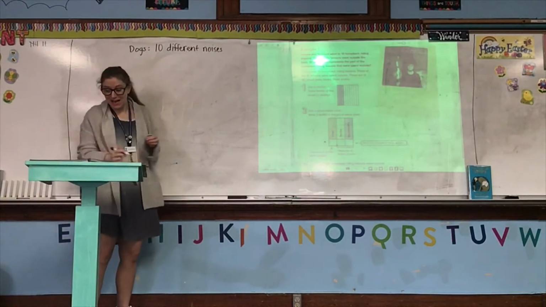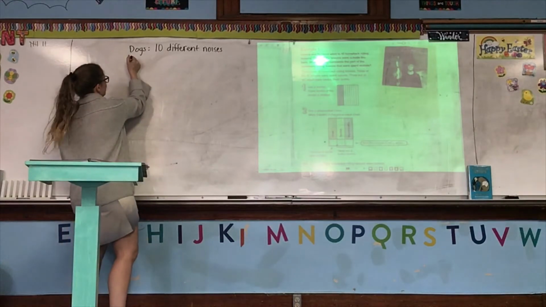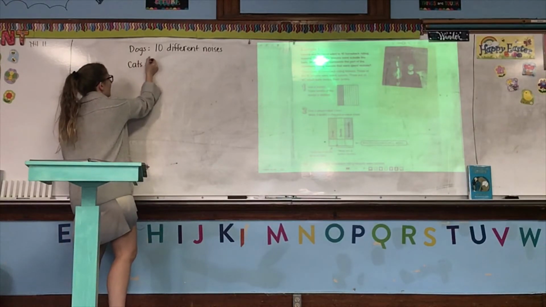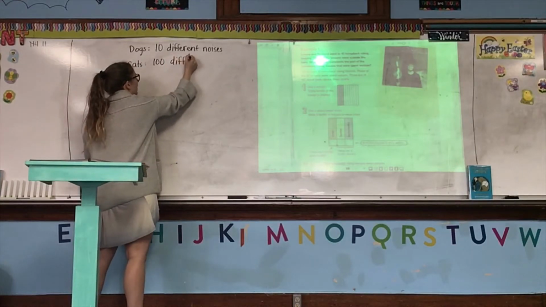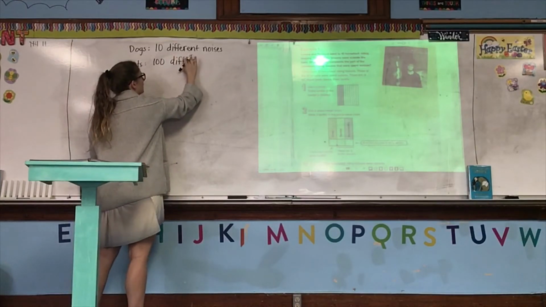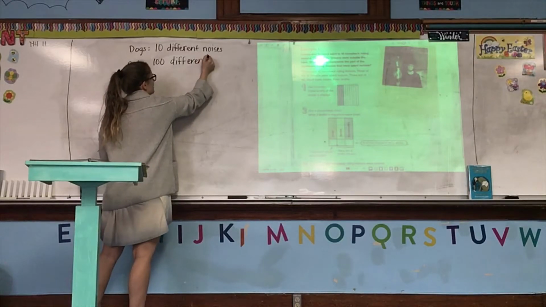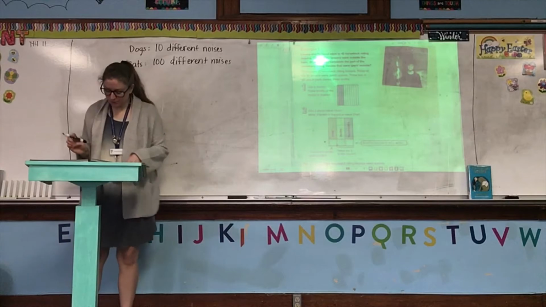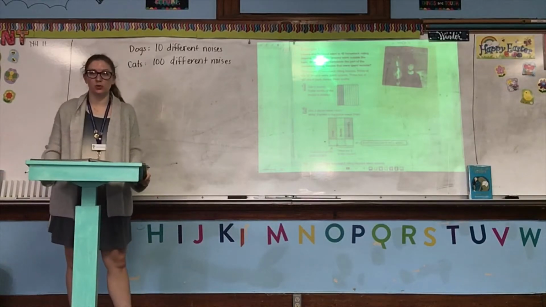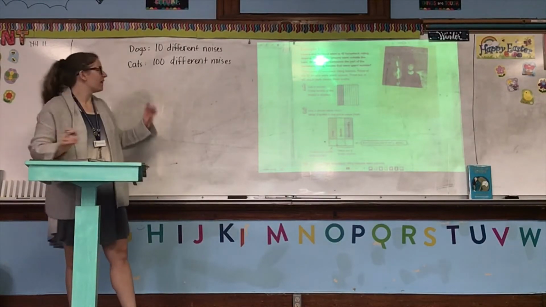And cats can make about 100 different noises. So cats make about 100 different noises. Now, what I want to do is create a decimal that shows